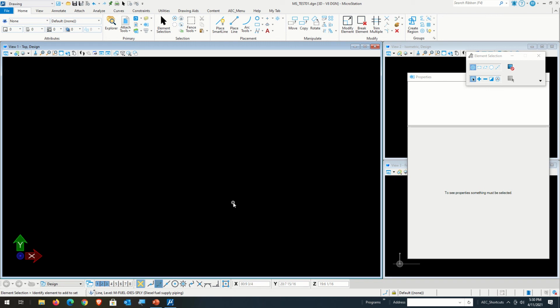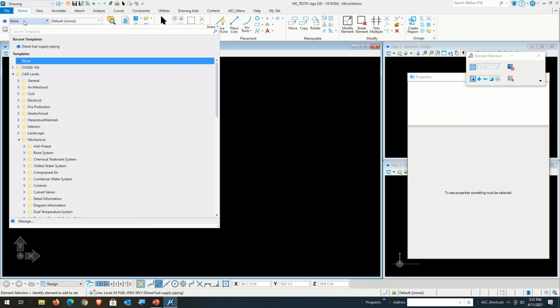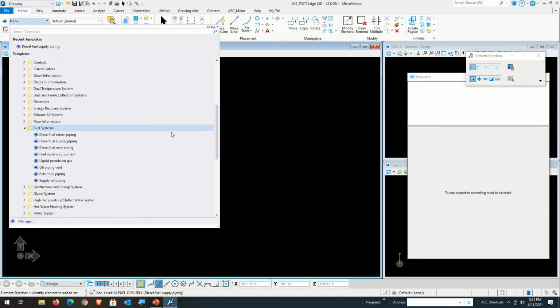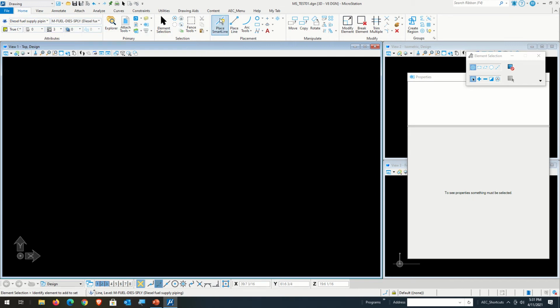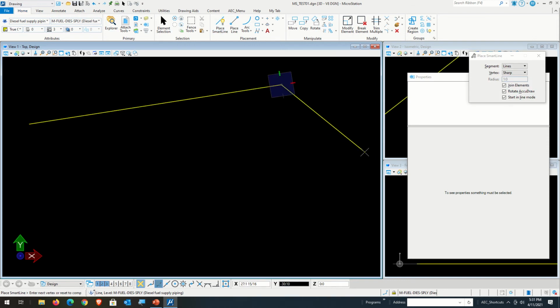Hello, everyone. This week I had some people asking me about item types, what they are for, and what you would do with them. Well, you can basically use item types to put data on any object. One of the things I could demonstrate is, let's say I had to place some diesel fuel supply piping. So I come along and start drawing some diesel fuel lines around my